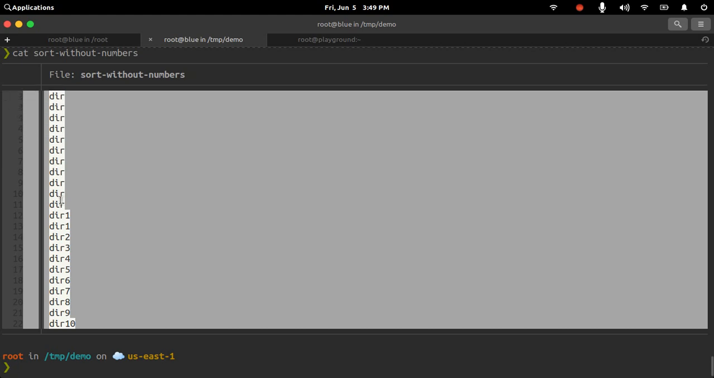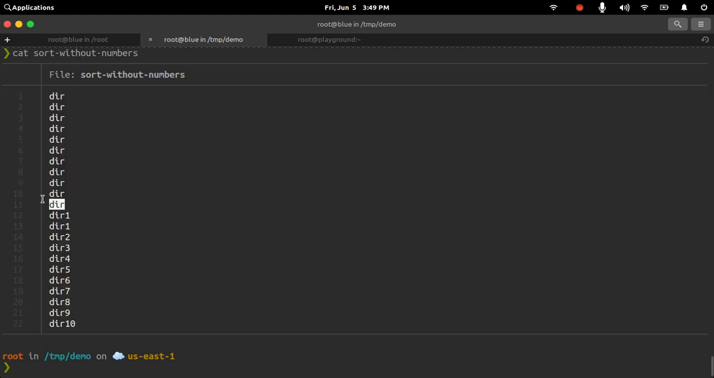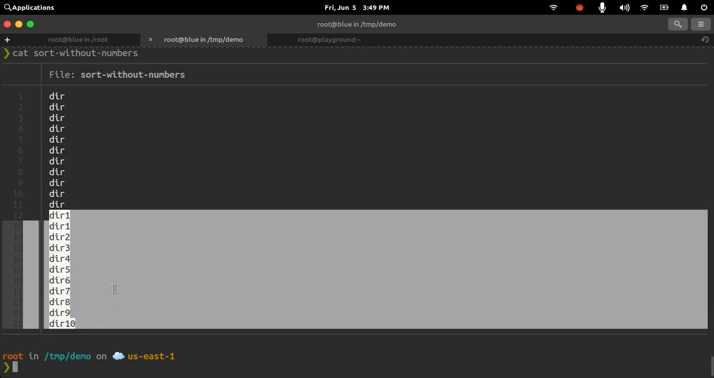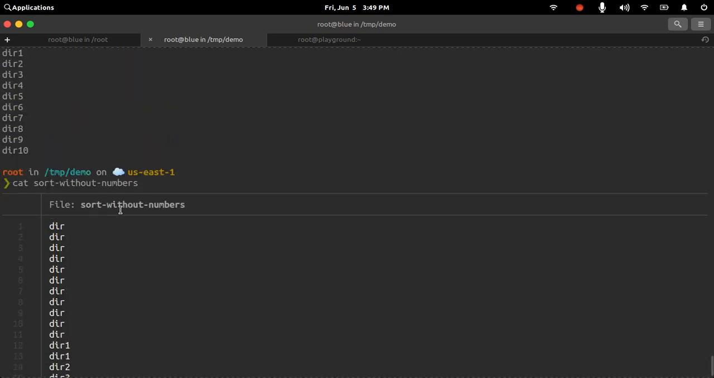Earlier it already had 11 lines, and then the content of the new file also got appended to the existing file. So the tee command is used basically to